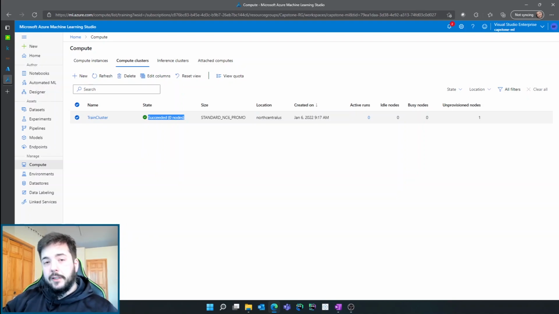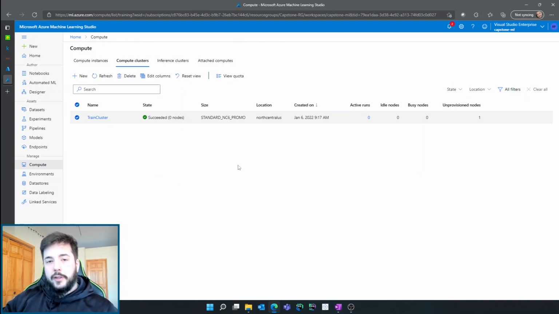So the benefit to training clusters is you can start them out at 0 nodes, where it won't be accruing charges, it won't be running, but when a job is submitted to it, it will start to spin up and provision a node, and that node can then accept incoming training jobs. This can be used by anybody. This is not personal, meaning that anyone on my team can access this cluster and submit their training jobs to it. It can also auto